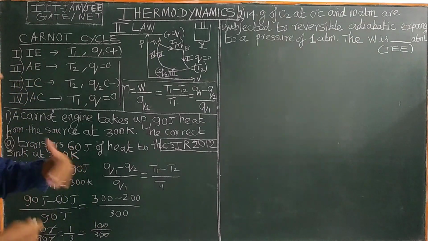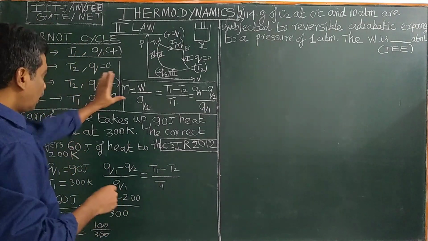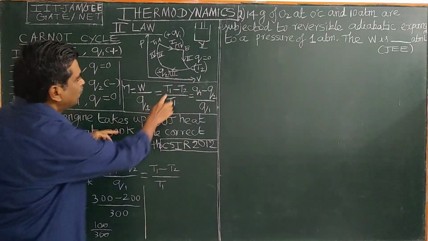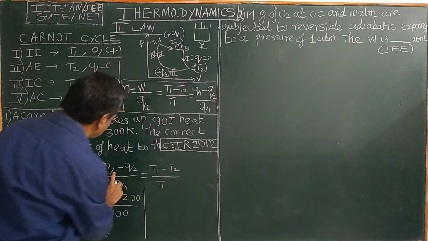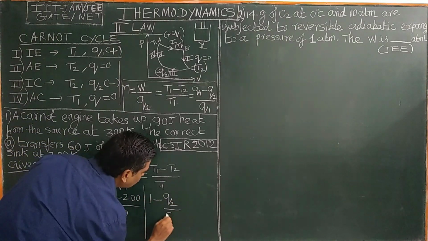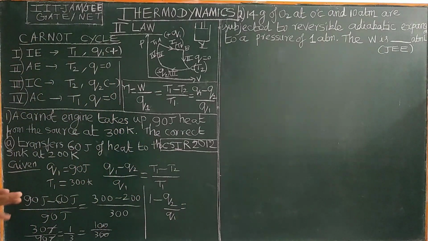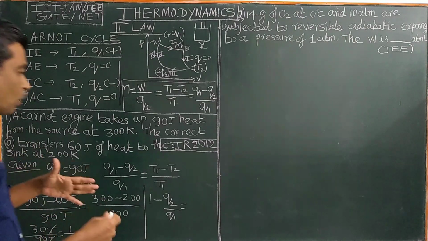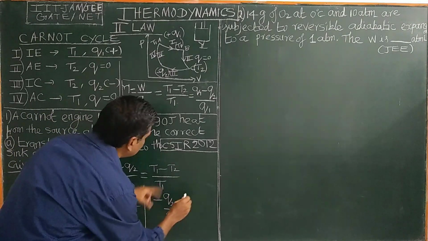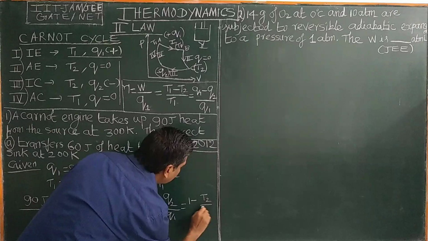Okay, they have asked based on the heat engine or Carnot cycle. Here, if you look at this expression, you divide this expression by Q1, therefore 1 minus Q2 by Q1. And it is actually entropy that is obtained from this Carnot cycle. Entropy is a state function. It is obtained from this Carnot expression. Therefore, 1 minus T2 by T1.